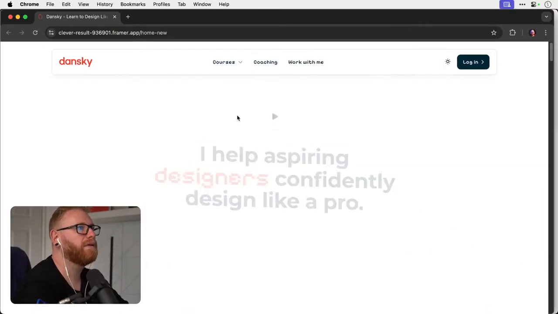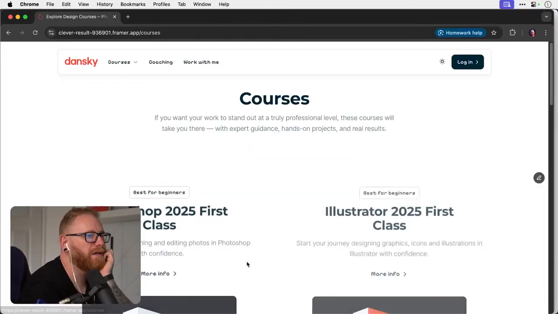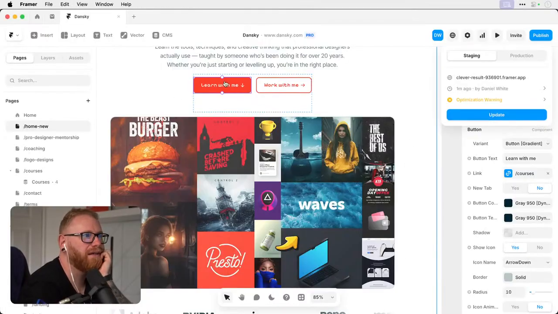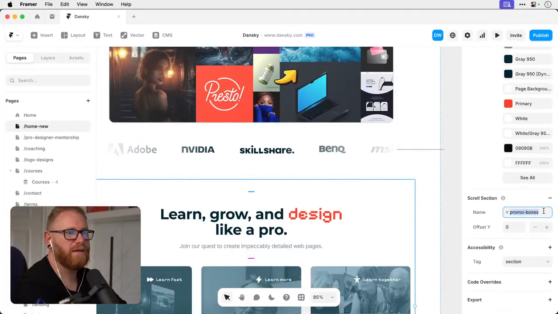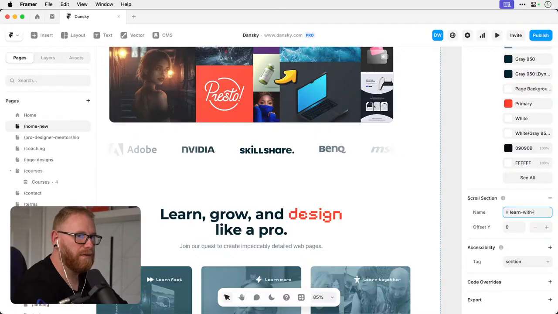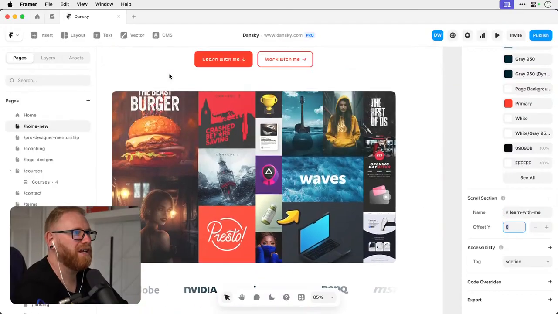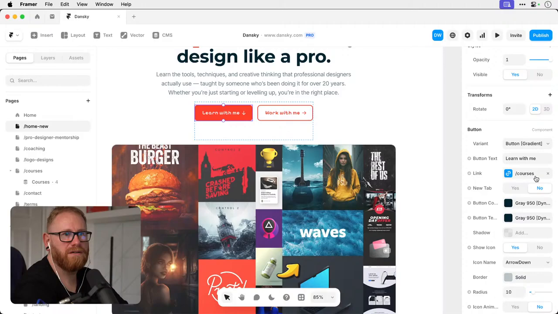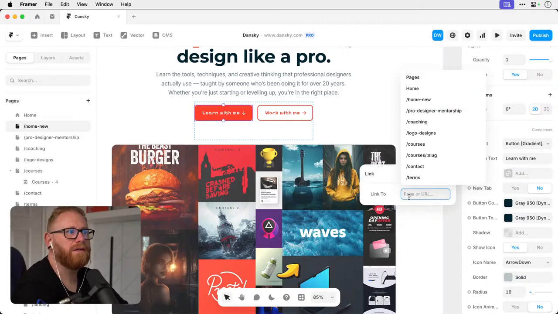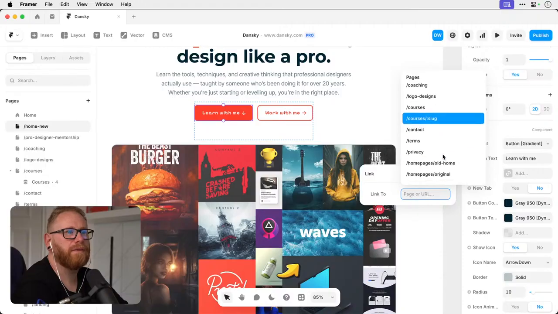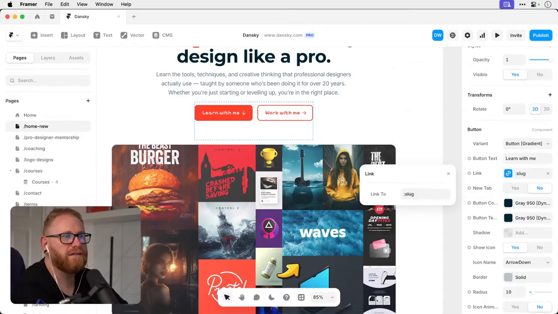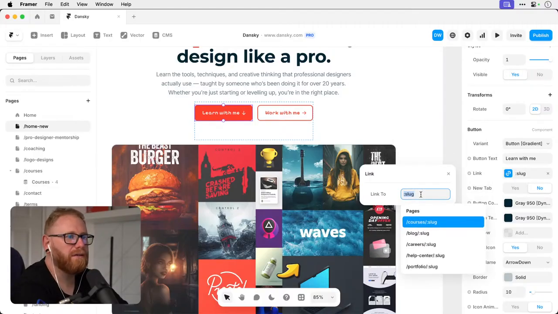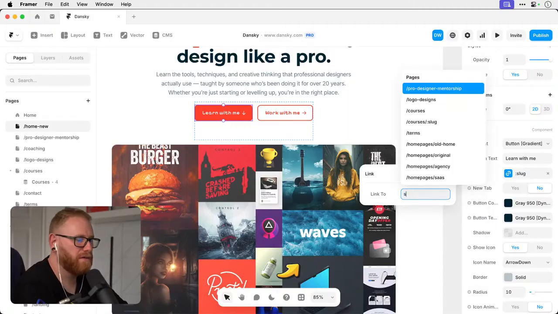Where's the web page gone? Yeah, there we go. And then you would click it, and I've got to obviously link it. So this section here, let's call it Learn with me. You can just give it a hashtag name and then click on the call to action. Set the link, change the link to, okay, this is, yeah, it gets a bit weird. So what do you type? Slug. Is it /slug? Slug.